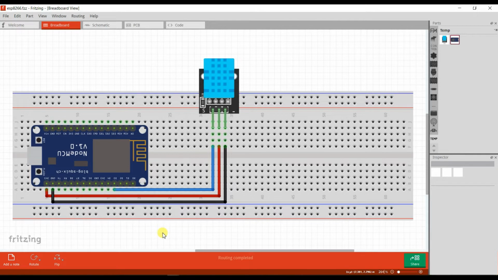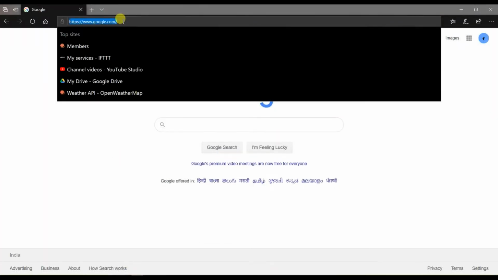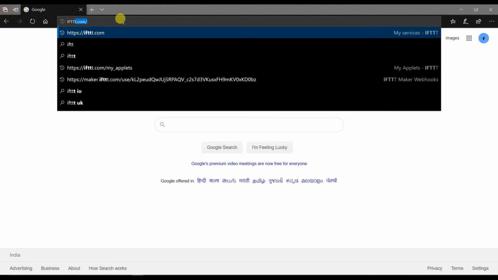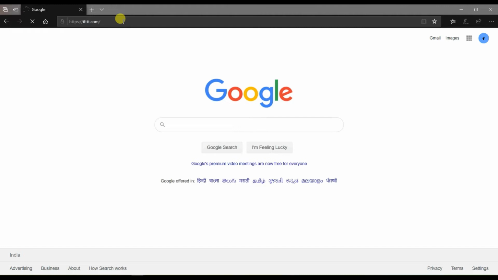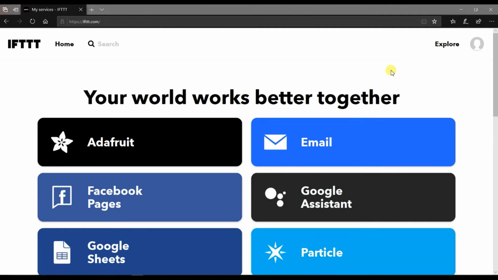I will go to my browser. I will open here IFTTT website. I will create an applet.